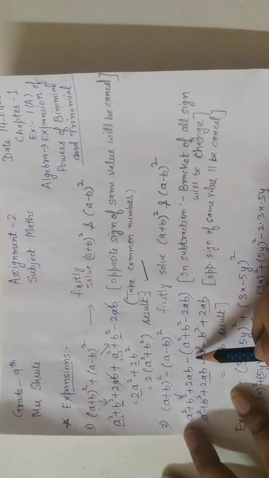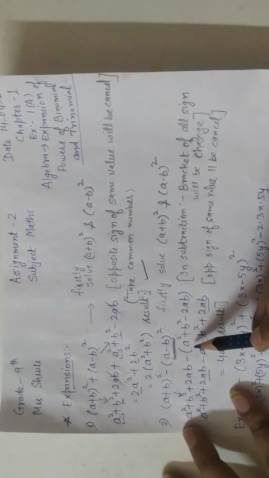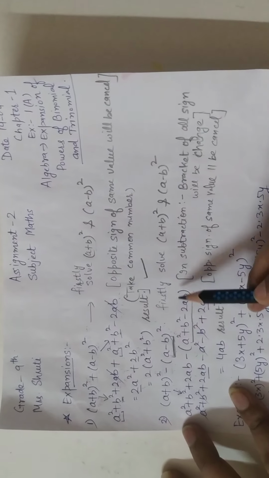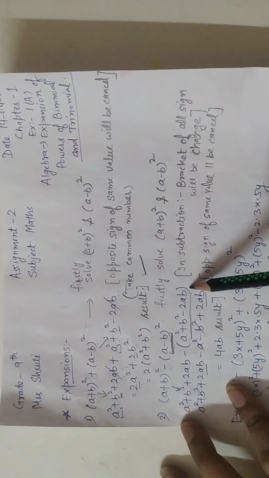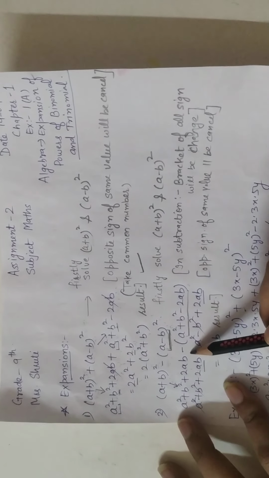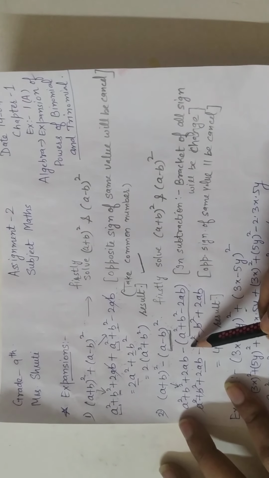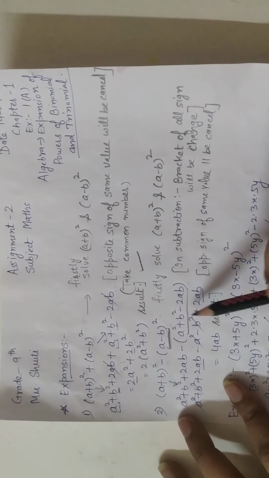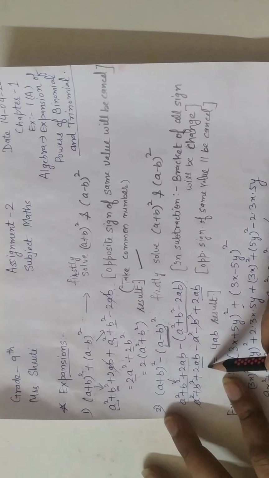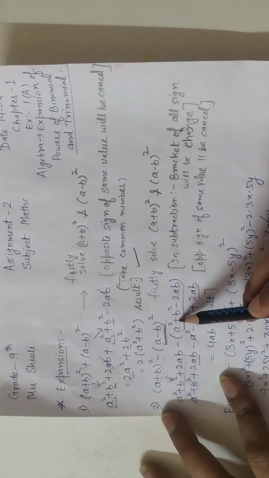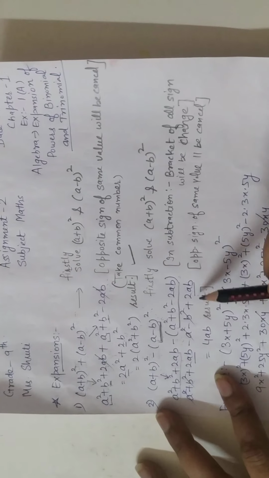Whenever you have a minus sign, you have to put the statement in brackets, so always put a bracket. So a² + b² − 2ab. In subtraction we all know that inside the bracket all signs will be changed, meaning minus changes into plus and plus changes into minus. So this stays as it is: a² + b² + 2ab. Then −a², −b², and minus minus becomes plus. Are you seeing here all signs are changed?